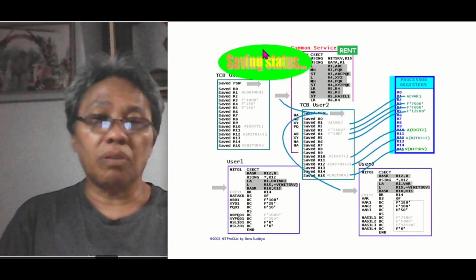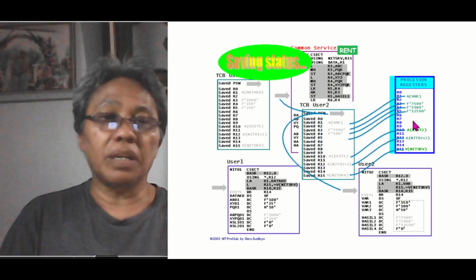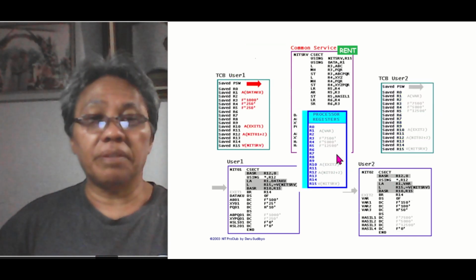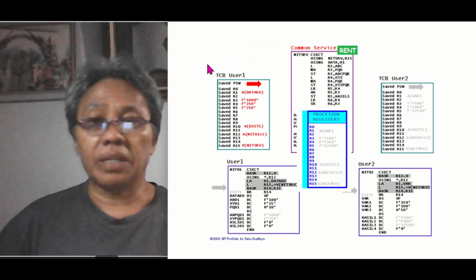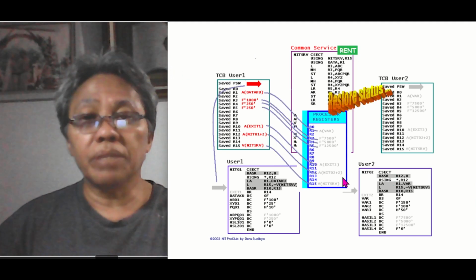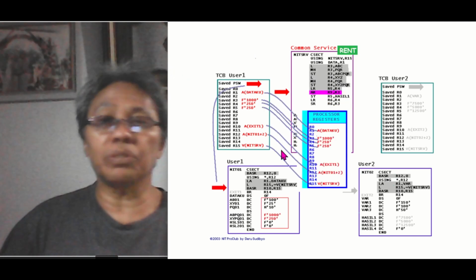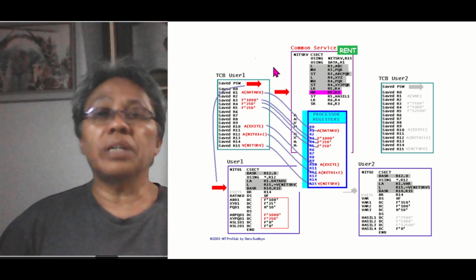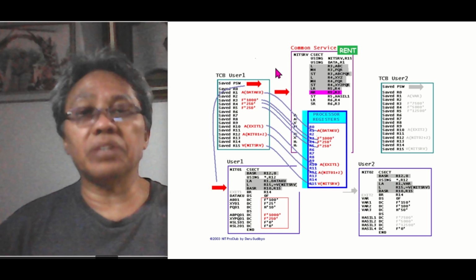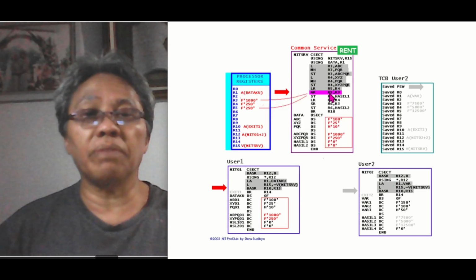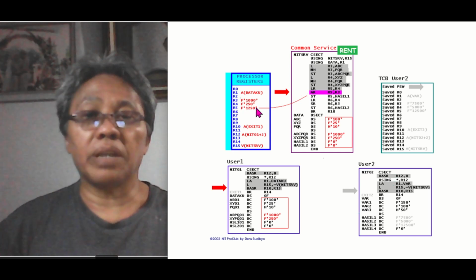Then interrupted. Control goes back to the OS, everything is then saved to the TCB of user 2 like this, and then goes to user 1. Check the TCB of user 1, restore everything in the TCB into the system, including the PSW. Once the PSW is restored, control automatically goes to the next sequential instruction address of the last executed instruction, this one. Add the content of register 3 into register 5 and update the content of register 5 with this result. So register 5 will contain this.